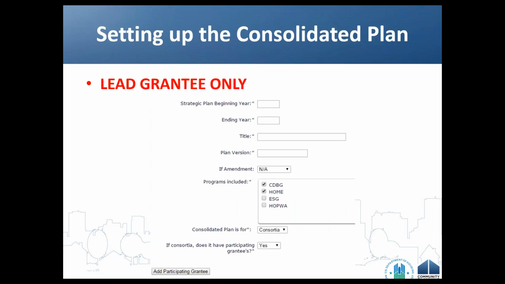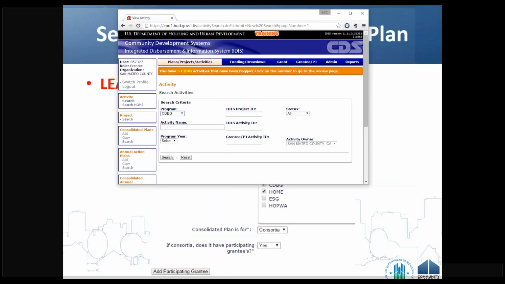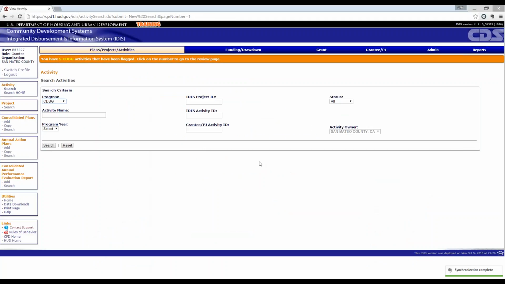let's start to move away a little bit from the PowerPoint, and we'll come over into IDIS and just talk quickly through the process for correctly setting up the consolidated plan. So we'll be going through the setup process. I'll pull over IDIS, and hopefully everyone is seeing my screen and seeing IDIS. So I'm in the UAT training site. This is going to let us do some demonstrations of what it looks like to set up a consolidated plan, and we'll also look at action plans and CAPERs here.